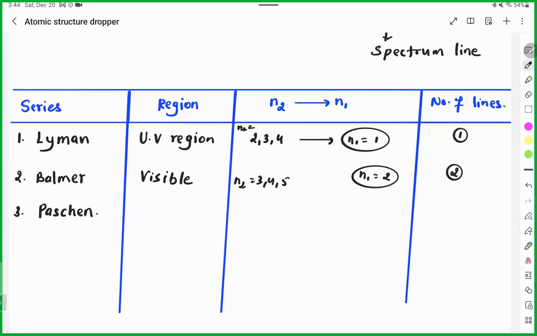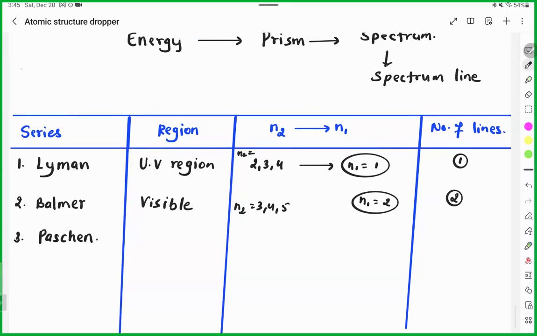The third series is Paschen. Paschen will have less energy. For this, you should know if you take energy